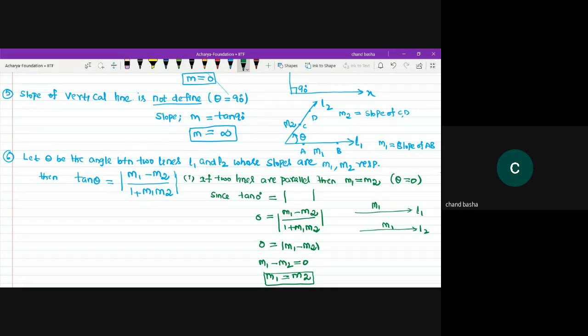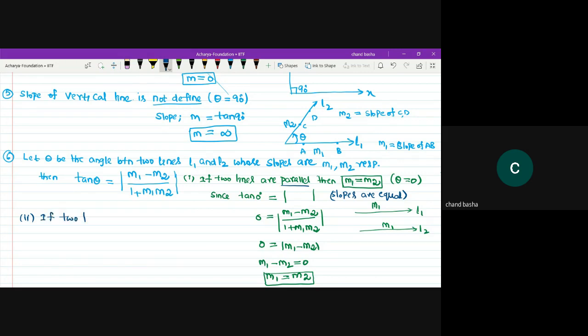So whenever he's asking, when the two lines are parallel, then corresponding slopes are equal. So what can I write here? Slopes are equal. When are they equal? If the two lines are parallel. I'm going to discuss the second point, guys, in this same point. If two lines are perpendicular,